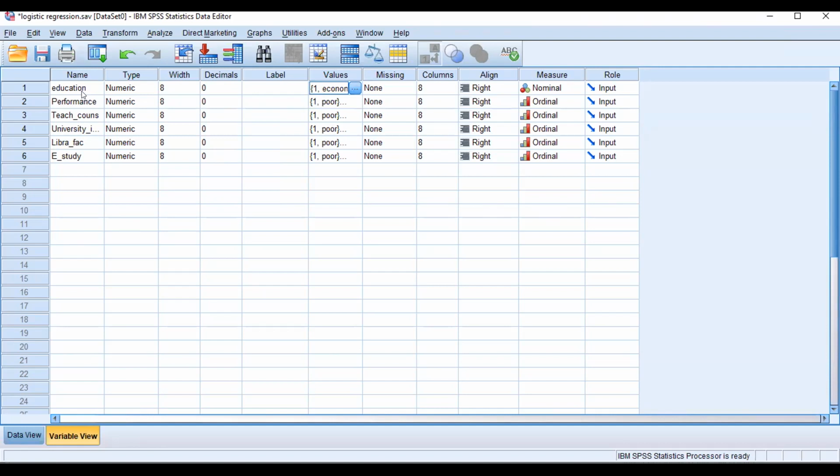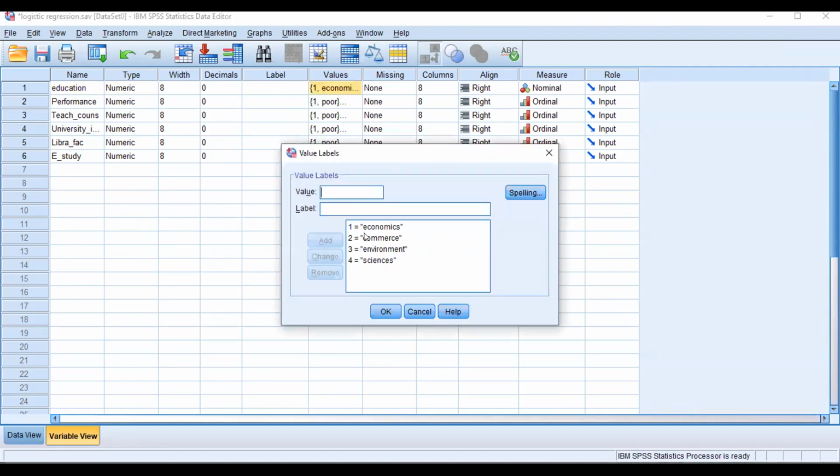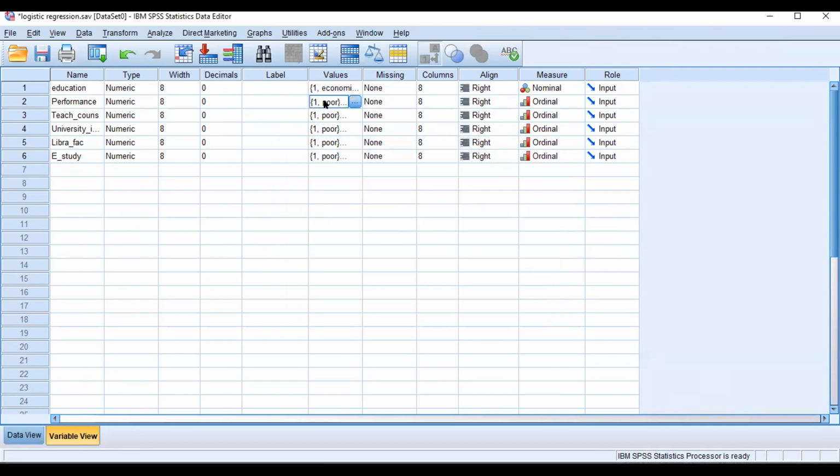The nature of the variable, first of all, education. I told you this is a completely categorical variable: economics student, commerce student, environment student, and science student. I've taken data from the four sections of the university. Okay. Next, I'm assuming the student performance is